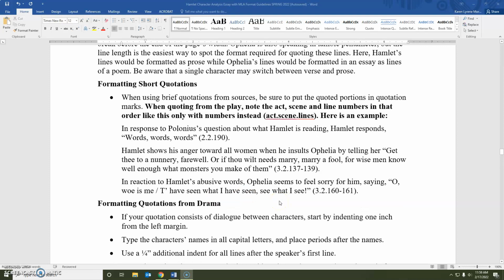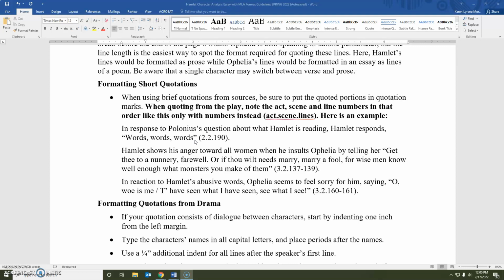using the play Hamlet. You'll make sure that you always integrate your quotations by introducing the quotation with your own words. There are a variety of ways to do that. If you use a verb of expression before the quotation, make sure that you say which character is speaking, use the verb of expression to say how the character is speaking, then use a comma after that verb of expression.